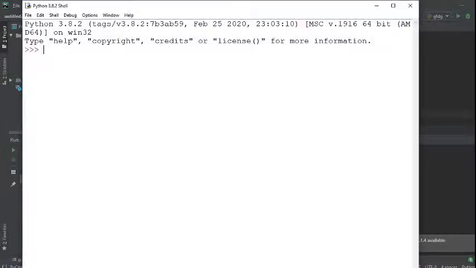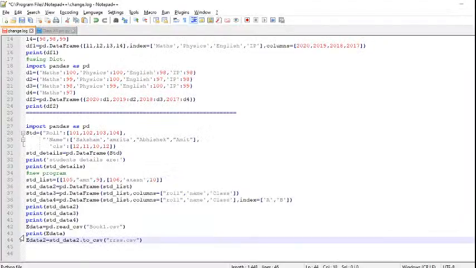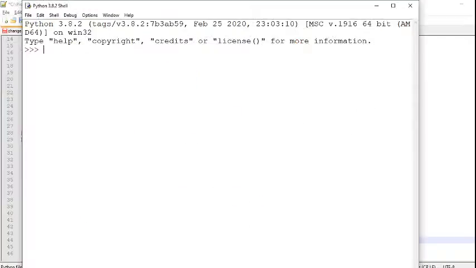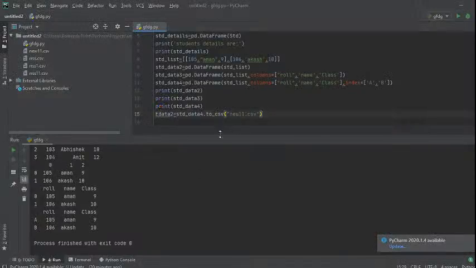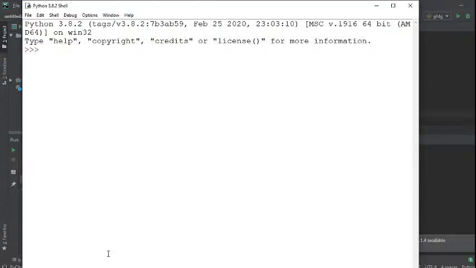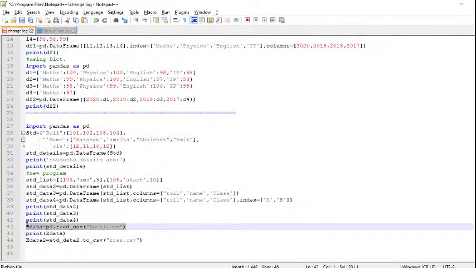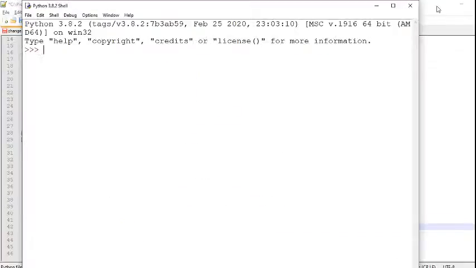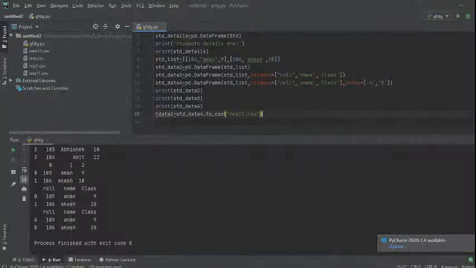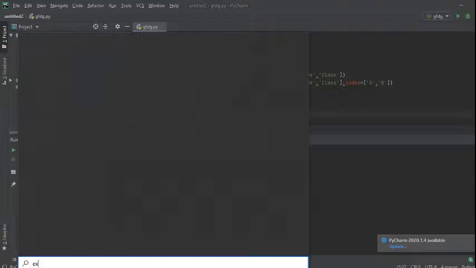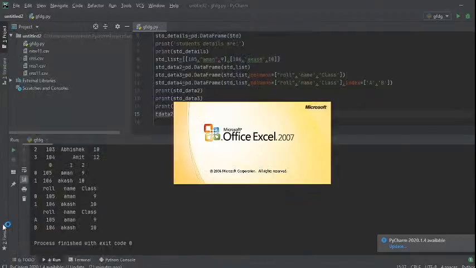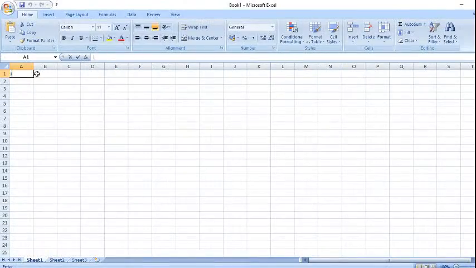Now another thing is, if you want to print the data, the CSV data can also be printed. If you are printing that, we have already printed it here, so there is no need to print again. In that case, suppose you want... where is Excel? From the Excel we are now trying to import, right? I am going to give here ID, then book name.